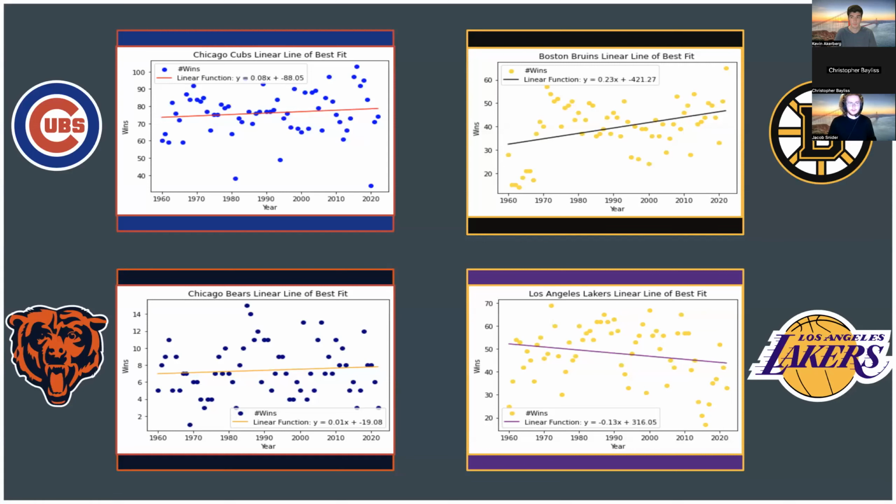Here we can see all of them plotted next to each other. Most notably, we'll see that these lines are a terrible approximation of the actual data. There's very high error, so high that we don't compute it. But crucially, what this does tell us is a general trend between time and winnings, but for each one of these teams.